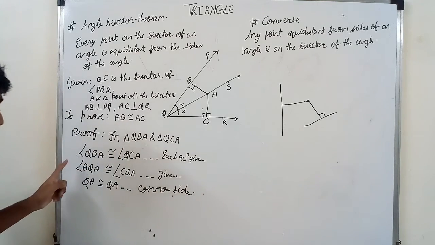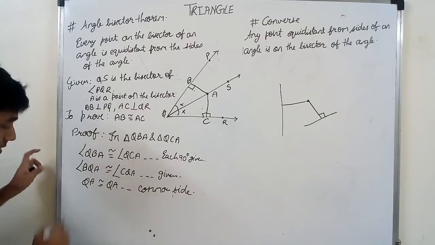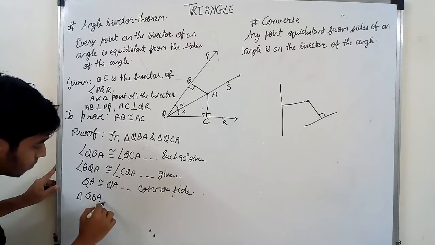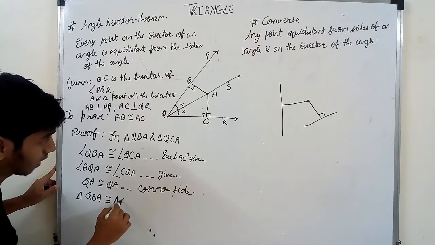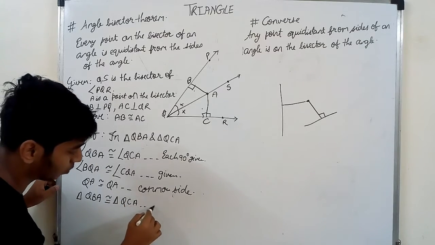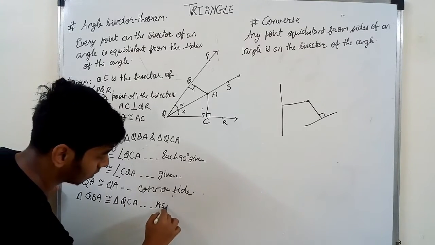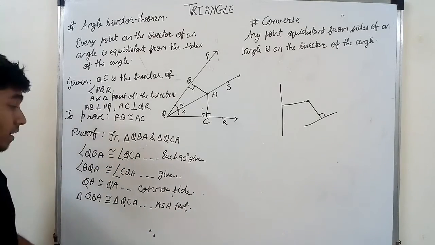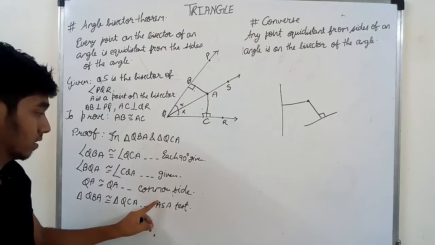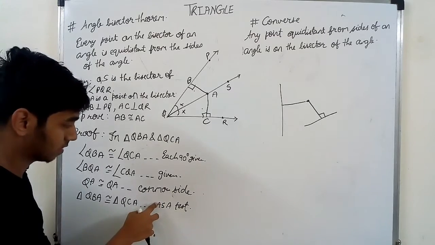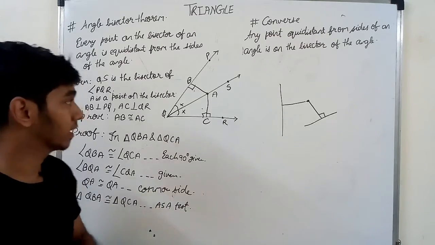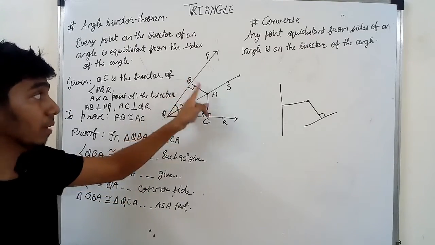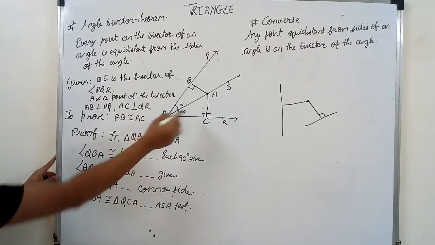Yes or no? Therefore by ASA test, we can say triangle QBA and triangle QCA, they both are congruent. Correct, by ASA test, correct. Therefore, if these two triangles are congruent, we can say BA, or we can say AB